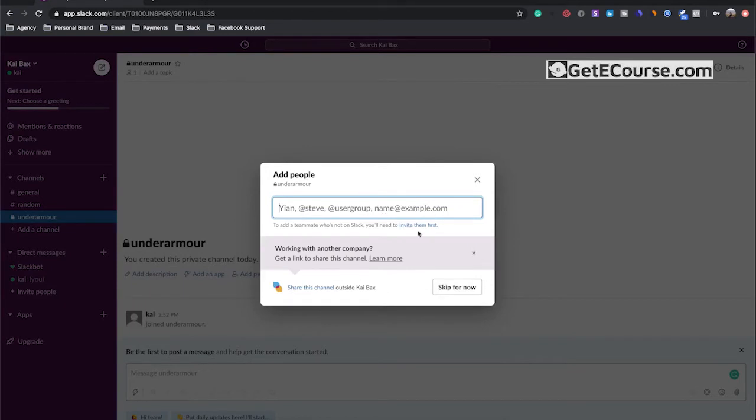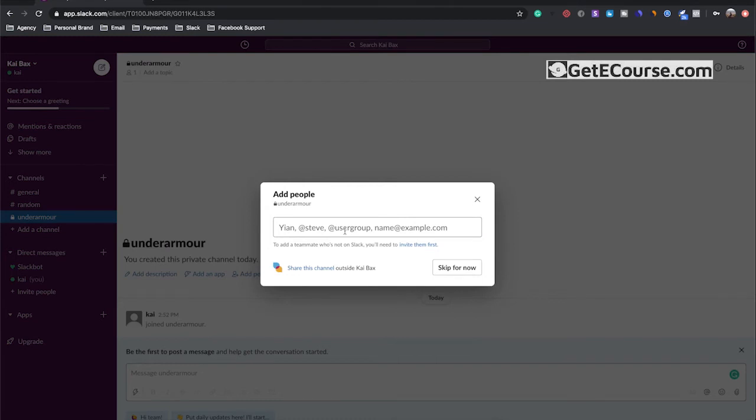And then here, in this box, if you've already added someone into your Slack ecosystem, you can literally just type out their name and it will come up. However, if you haven't added anybody into your ecosystem just yet, which obviously you wouldn't have if you just created Slack, see down here, it says to add a teammate who's not on Slack, you'll need to invite them first.